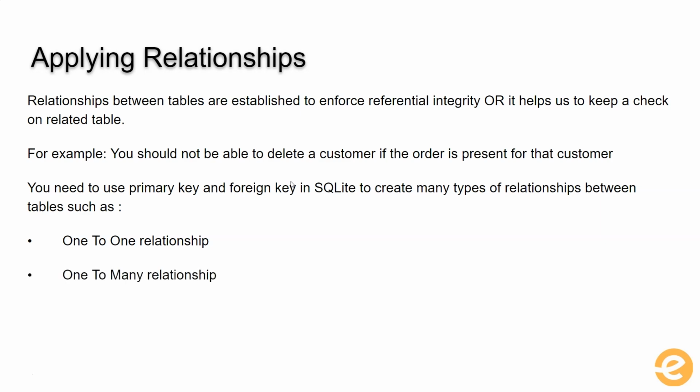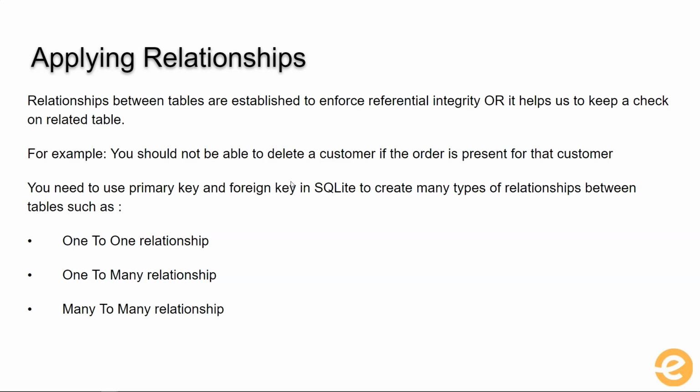One-to-many relationship, for example, a customer can buy many different types of products. Similarly, you have many-to-many relationship. So for example, there can be scenarios where multiple salespersons are involved in multiple types of deals for closing those deals or closing the sales.